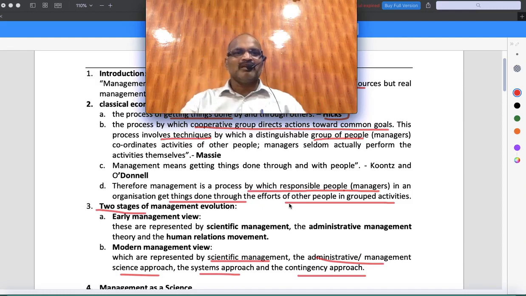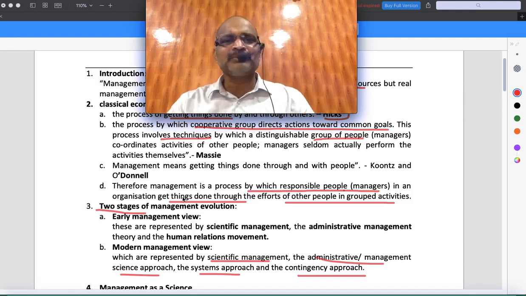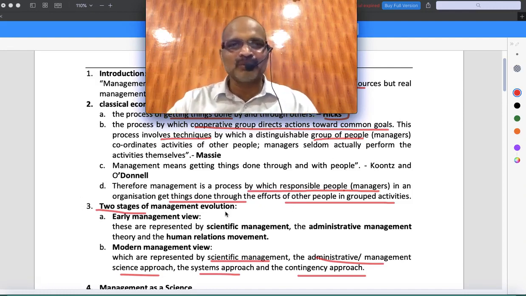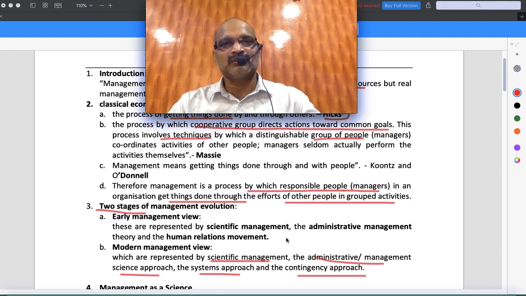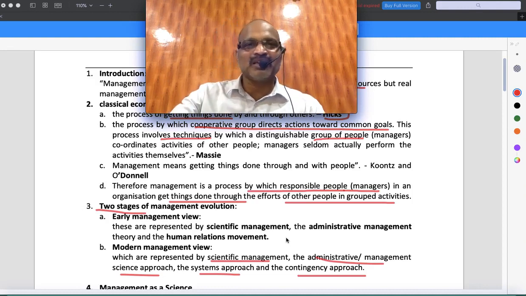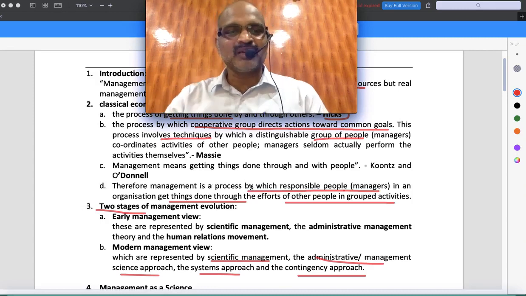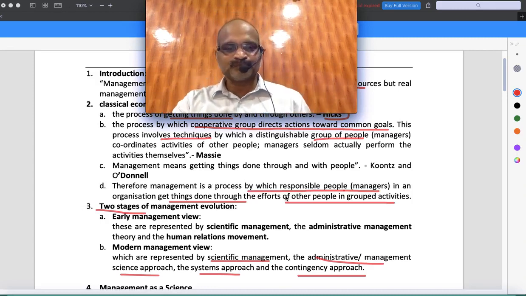Everybody clear? Yes. I'm deliberately not using Telugu language. Please, I don't want to spoil you, because for this kind of subjects, if you don't understand every sentence in English, because you're not going to see the question paper in Telugu medium, you will face problems. So make sure you get used to the language terms that are used by the teacher, so that it's very easy to find out the question and answer also, because you heard it in English. If you have heard it in the local language, it's very difficult. That's why I'm repeating several times.